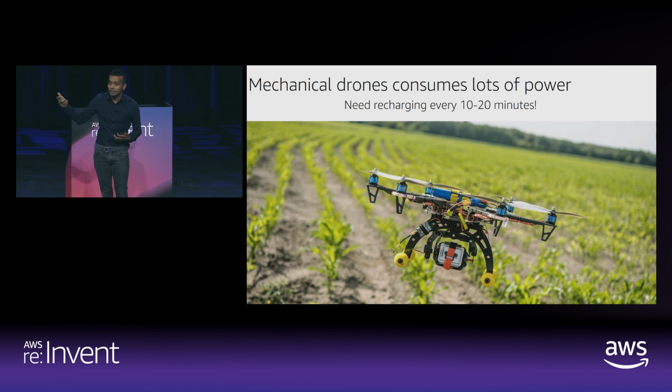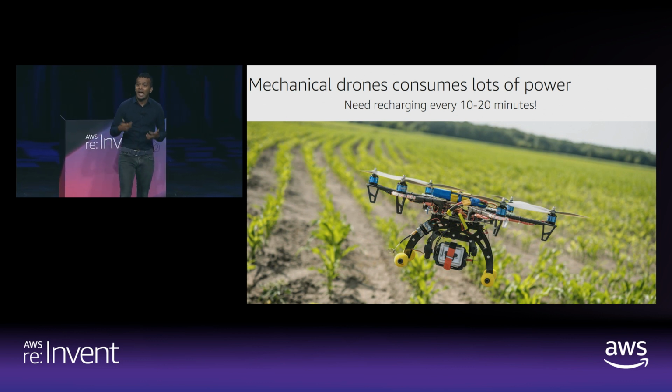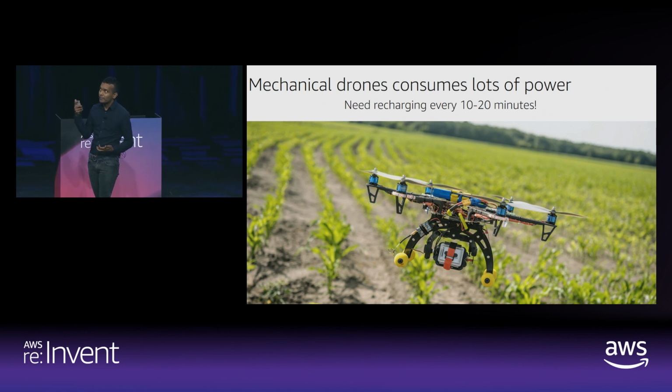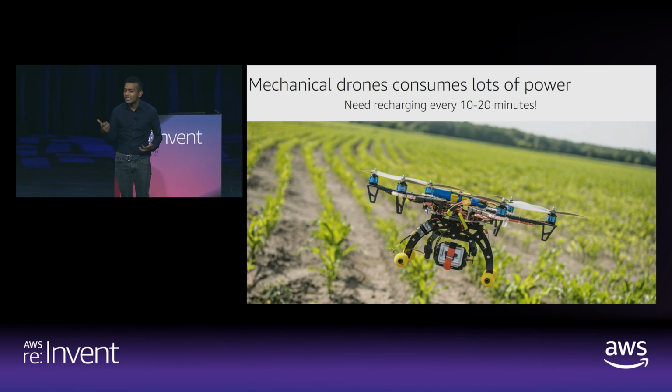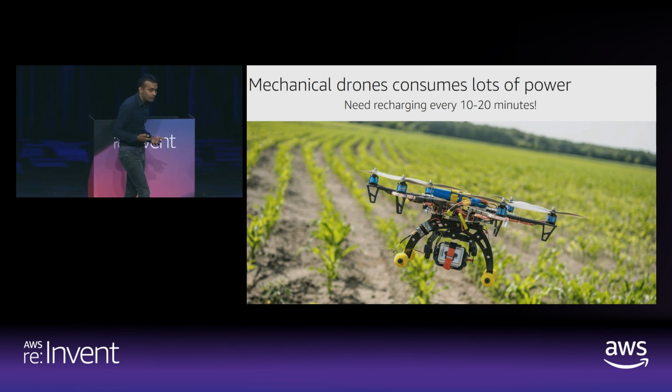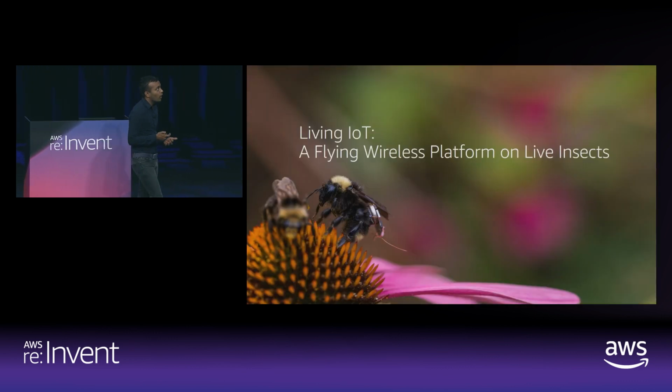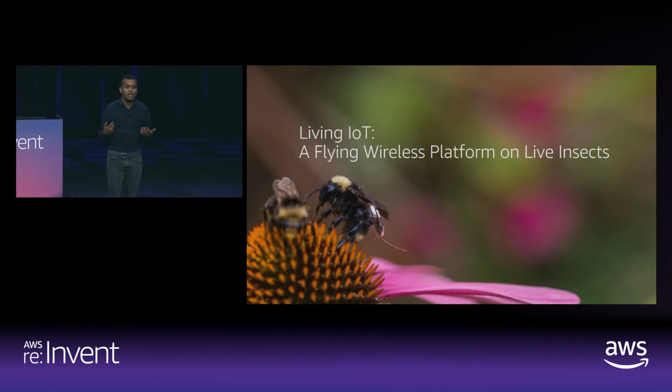But mechanical components don't really follow Moore's law. And as a result, they still consume a significant amount of power, and this is the reason why any kind of mechanical drone today consumes a significant amount of power. This brings us to the second part of this talk, which we call Living Internet of Things, or Living IoT,